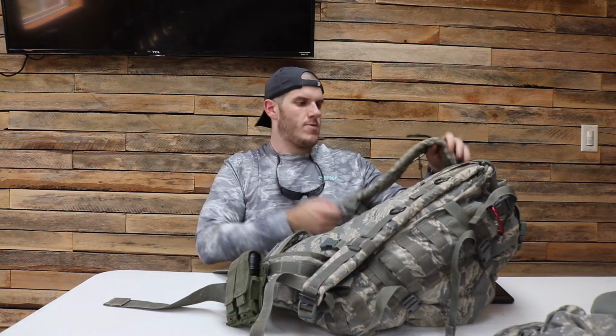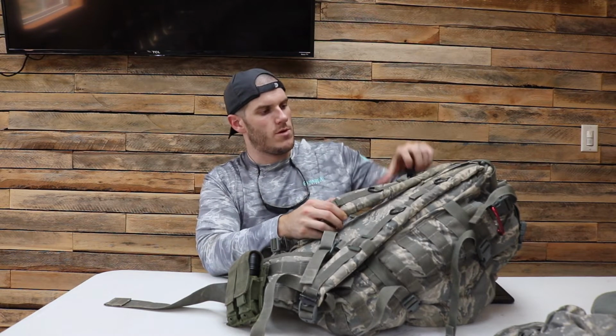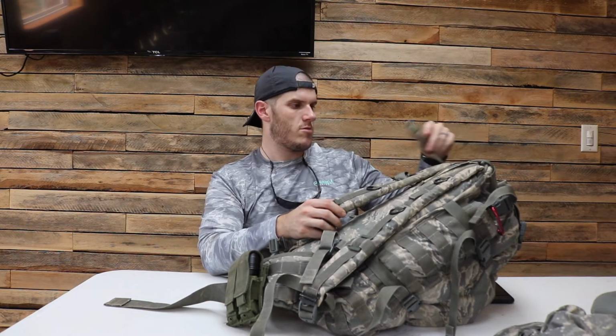Anyway, it's got an internal frame. I don't think it's metal. I think it might just be a rigid plastic frame inside of it, which is good if you're going to be hiking a long way. It's got pretty thick shoulder straps. It's got a chest strap to connect the shoulders. It's got some hooks up here, so I've got my radio attached to it